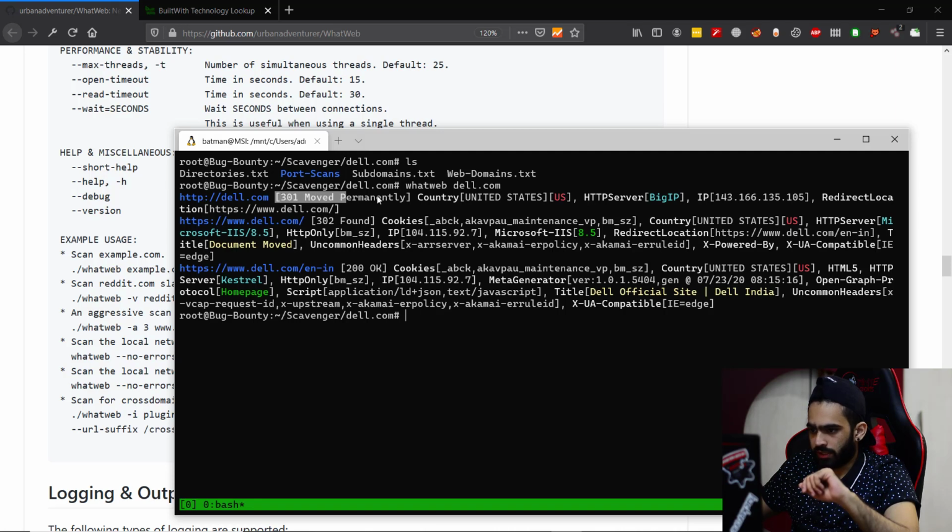Now see, it tells us 301 moved permanently, the country United States, HTTP server, it's a BigIP server, its IP address and the redirect location. Basically all that the headers have to say. Now it redirected to https dell.com. Now it's a